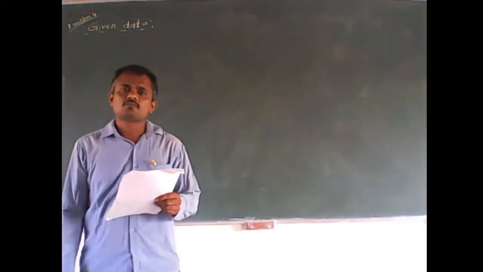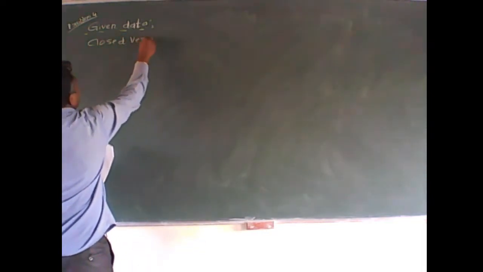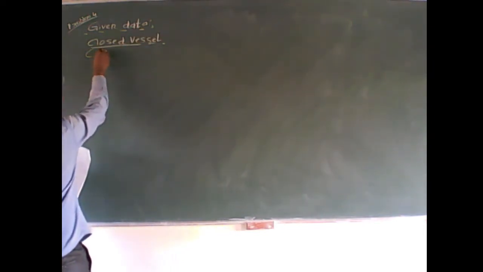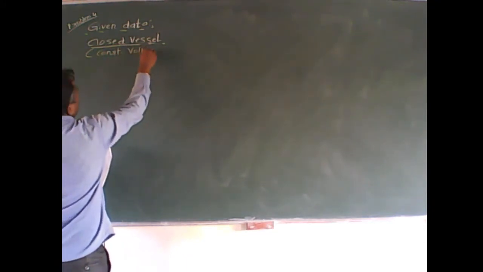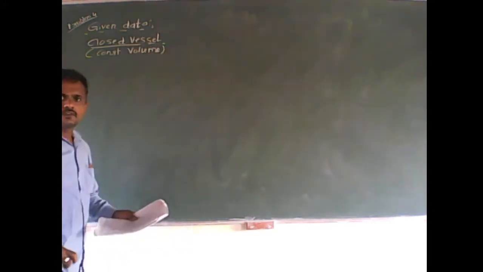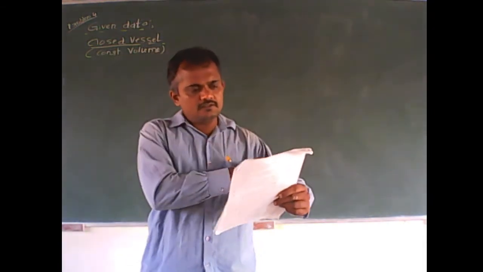Problem number 4. The first one is closed vessel. Closed vessel means, in brackets, I can write constant volume. It is constant volume. Okay, so afterwards